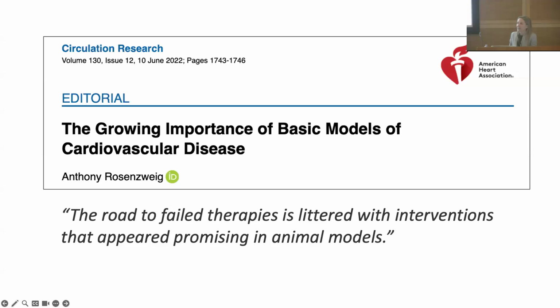And I really took exception to this because I think the road to failed therapies is littered with a lot of things. Certainly some failed animal models, but I think there's also sometimes a lack of recognition of how much of what we do for patients every day has actually come from basic science labs and basic scientists. So statins, which are probably the most common drug that we all prescribe as cardiologists, came from basic scientists and were modeled in mice prior to being used. And more recent and sophisticated therapies like mavacamten for hypertrophic cardiomyopathy, and also gene editing, which I think is likely to make its way into the clinic in the next couple of years.